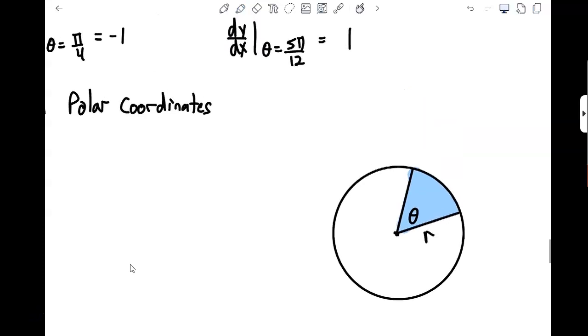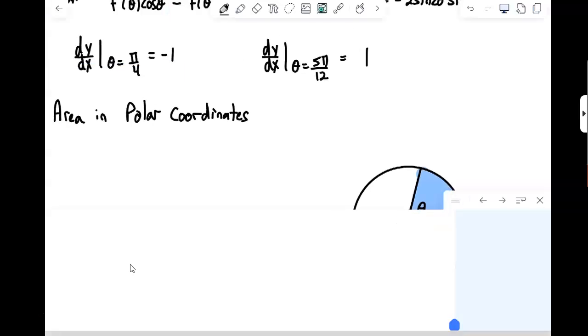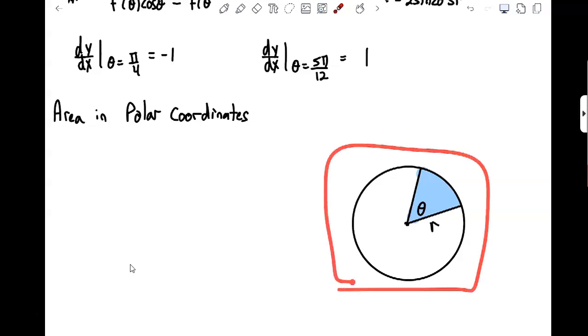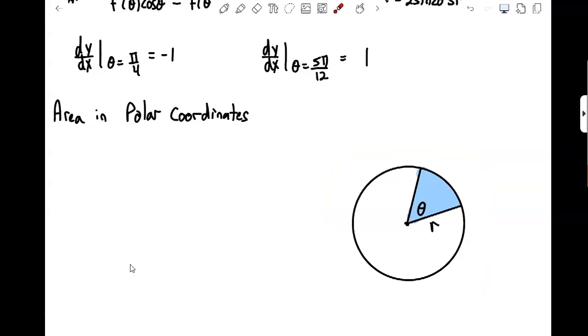Alright, so welcome back. Now we're going to be looking at the problem of area in polar coordinates. How do we compute area if we're in polar coordinates? Well, we're not going to go back to parametric form because we didn't even talk about area in parametric form. Rather, we recall some facts from trigonometry, and that is if you have a circle, radius r, and you have